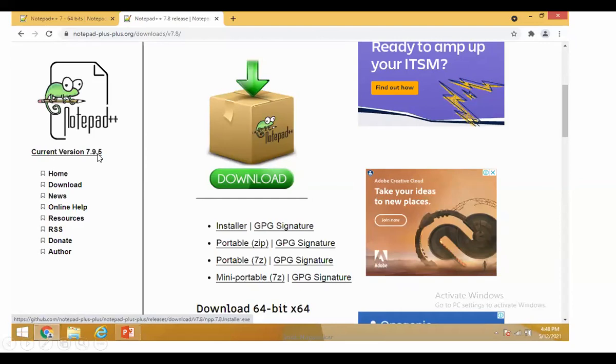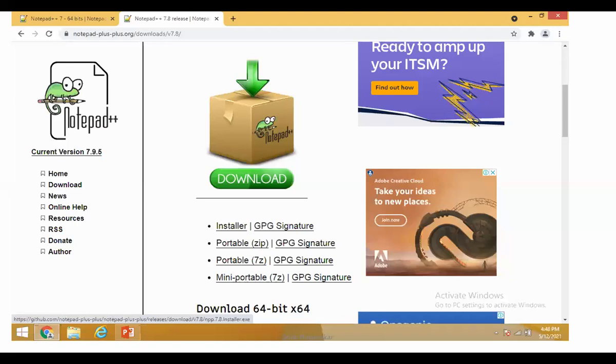There's no problem working with the latest release of Notepad++. It will not create any problem during installation of the latest version, but make sure, as I told you, about the operating system. The operating system is very, very important during the procedure of installing any software, not only Notepad++. That is very important.